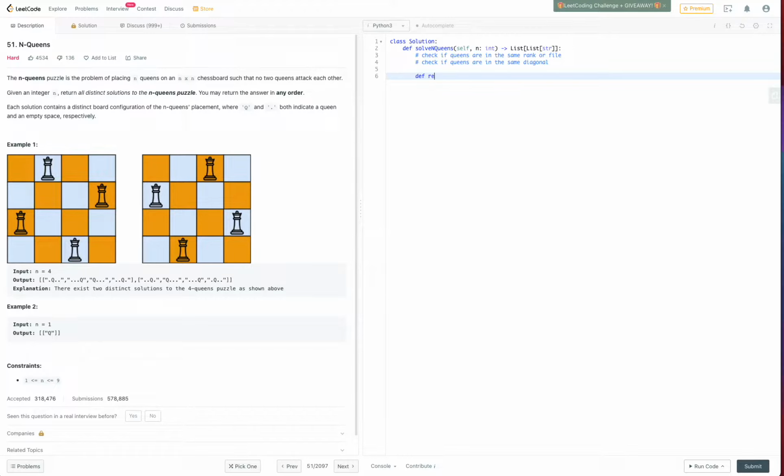So what do we need? We need a recursion function, and we know n, but what do we want to pass into the recursion function? So let's see if there's a way to check the diagonals. For example, if this was 3, 2,